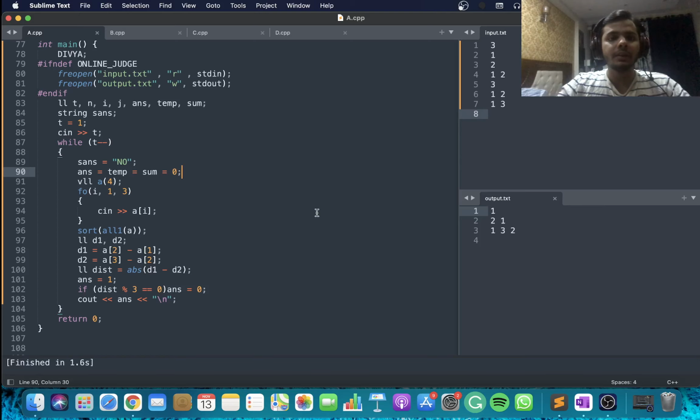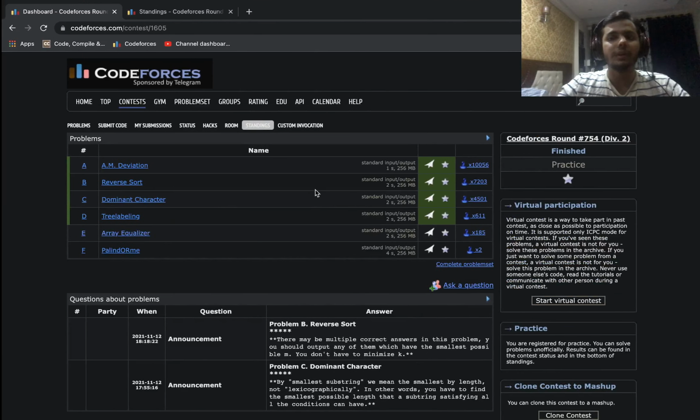So today I'll be discussing the solutions to Codeforces round 754, and this was a division 2 round held earlier today. And talking about the difficulty level, I would say this round was just beautiful. The position of every problem was just what it should be. It was totally justified. And just like almost all the previous rounds conducted by Ashish Gupta, this was yet another piece of art. Especially problem D was really good. And I will be discussing the first four problems today.